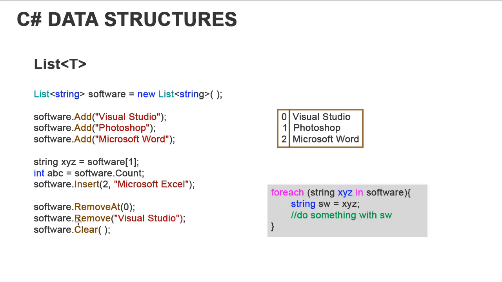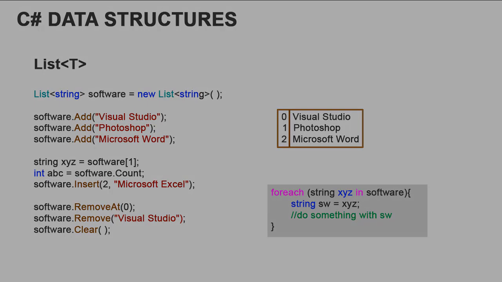I can remove an item at a particular index by specifying the index number using RemoveAt. We can remove an item just based on the text of the item, so I can remove Visual Studio. And then I can also clear the entire list using the clear command. We can iterate through the list using a foreach loop. So in this case, since my list is a string, I would say string XYZ in my list software, and I can then reference each item in that list as XYZ